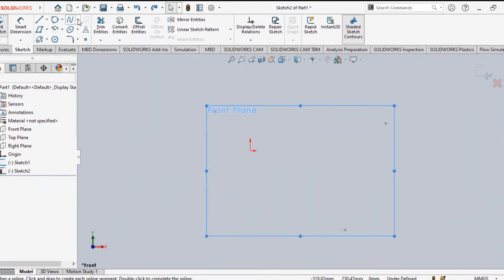This is also very important. Spline is very important, but we will not require these things. We will require very less, maybe 1% it will be required. Suppose you are drawing any complex object, then only you can require this spline. 99% cases we don't require this spline. We'll show how to do this in spline.